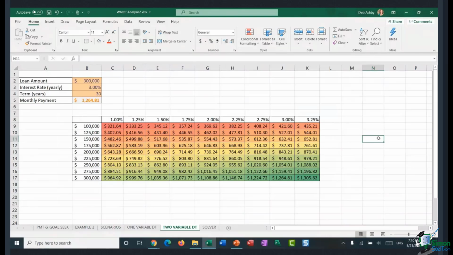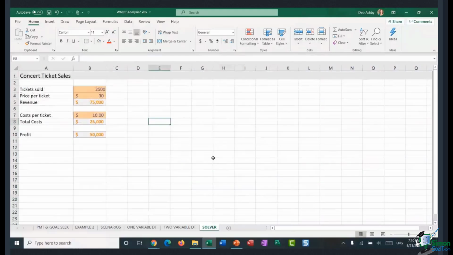Quite a lot to take in and get your head around. Again, these come with practice. Just have a little practice, play around with them. Now, the final thing I want to show you, and this is really the final what-if analysis tool. There's only really 4 of them. 3 of them we've already seen, but the final one is Solver.